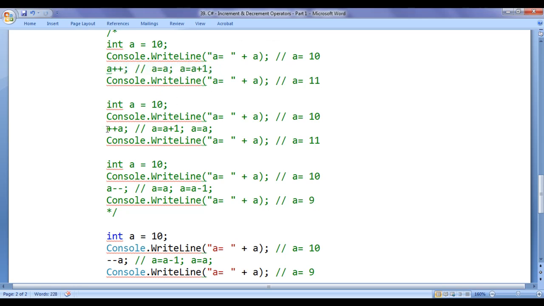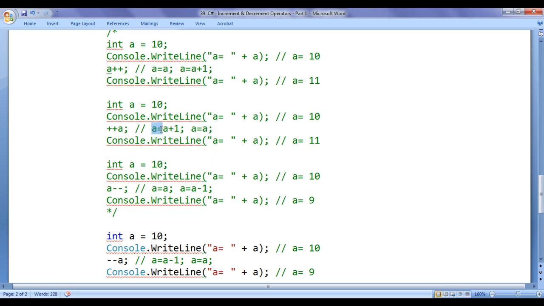What happens if you write plus plus a semicolon? We know that behind the scene it is expanded to two statements and then executed. First statement will be a equal to a plus 1 semicolon. Second statement will be a equal to a semicolon.